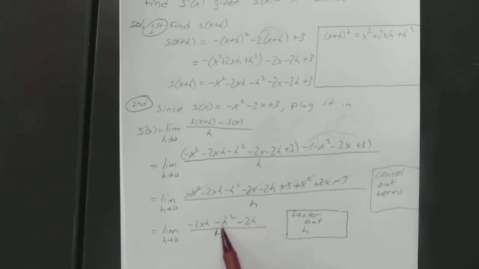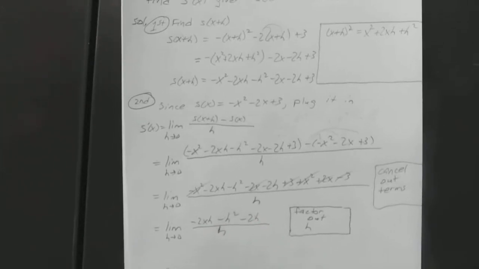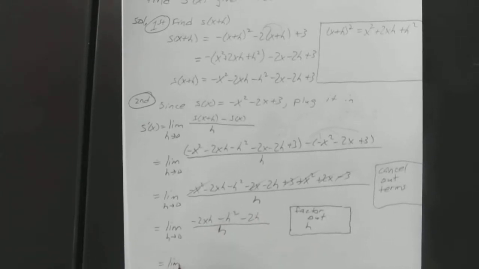Okay, so if you factor out an h from each of those terms in the numerator, it's equal to the limit as h approaches 0. Factor out that h, you have negative 2x minus h minus 2 all over h. Now you can cancel out that h,